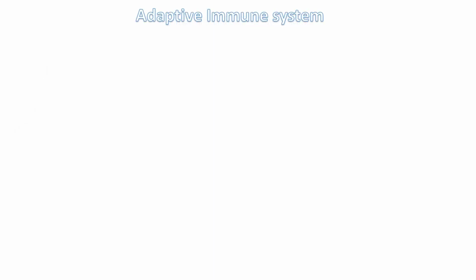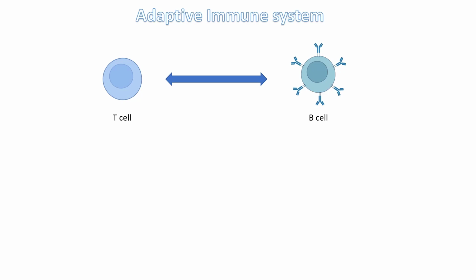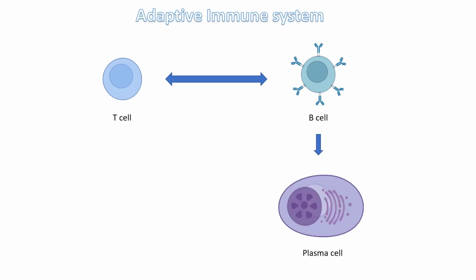The immune response can be divided into the innate immune system and the adaptive immune system. The cells of the adaptive immune system are the lymphocytes, the T cells and the B cells. There is a strong crosstalk between T helper cells and B cells in order to trigger an antibody response against a specific antigen. After this interaction, B cells start differentiating into plasma cells that secrete a great amount of